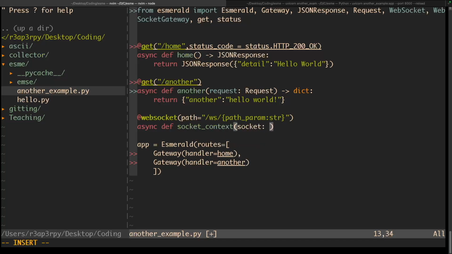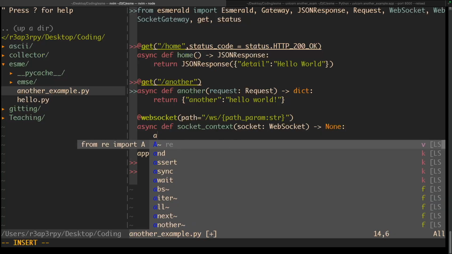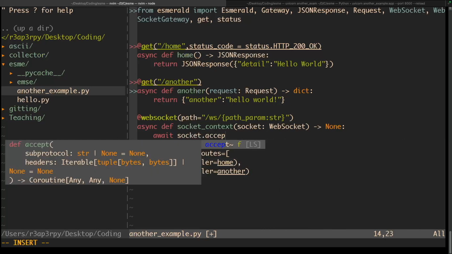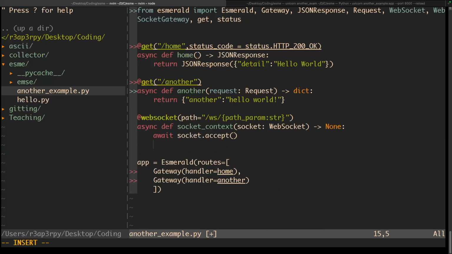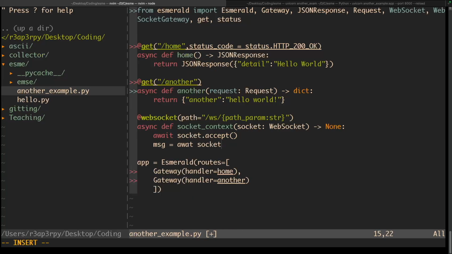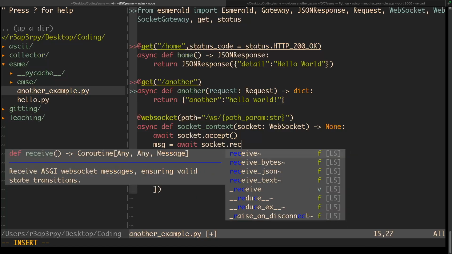It will take a socket as a WebSocket argument, and it will not return anything, so None. And await socket.accept, and then message equals await socket.receive_json,